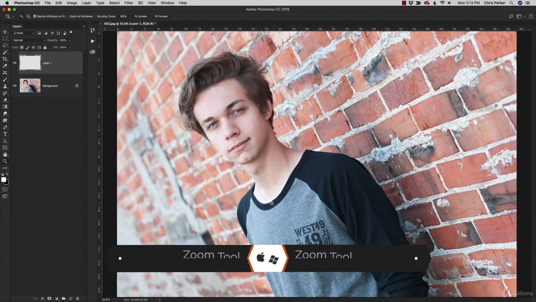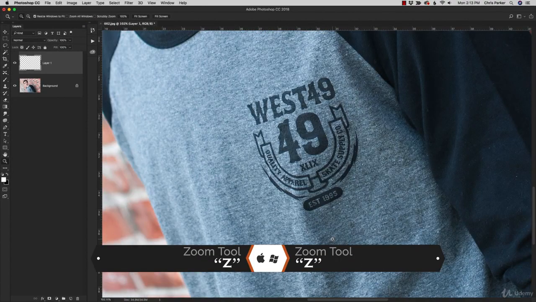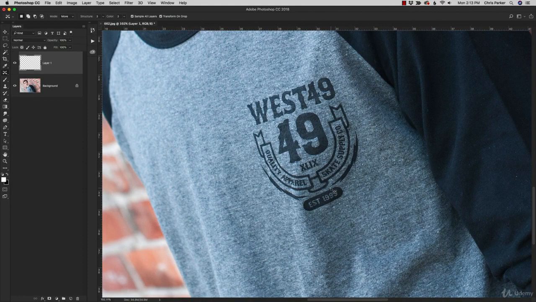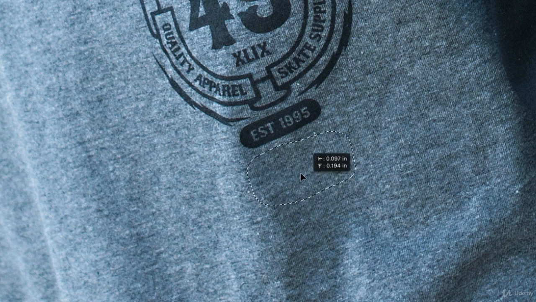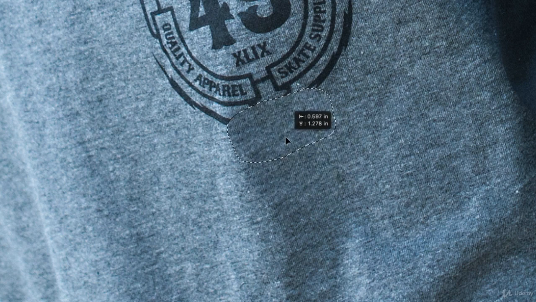All right, I'm going to go ahead and zoom in with my zoom tool. And here's how it works differently. Instead of selecting the area that needs to be retouched, we select an area outside of that, and then we place it over the area that needs to be retouched. So it's basically the opposite of the patch tool. So I select a part of the shirt, and then I can drag that over the area where I want to apply it. Once I release the mouse button, I'm going to get a transform tool, which will allow me